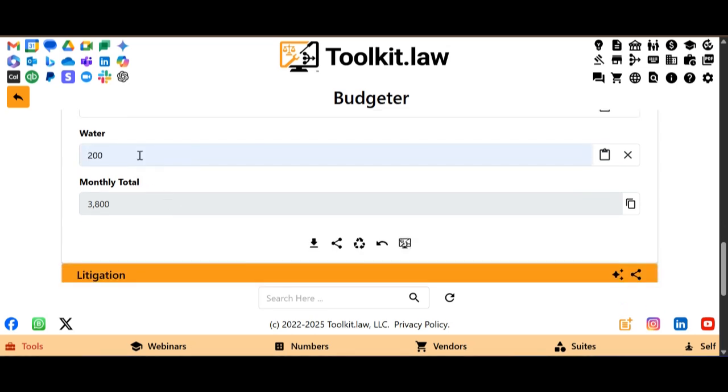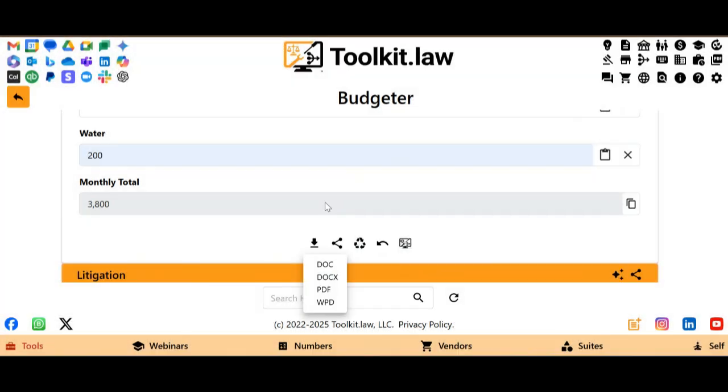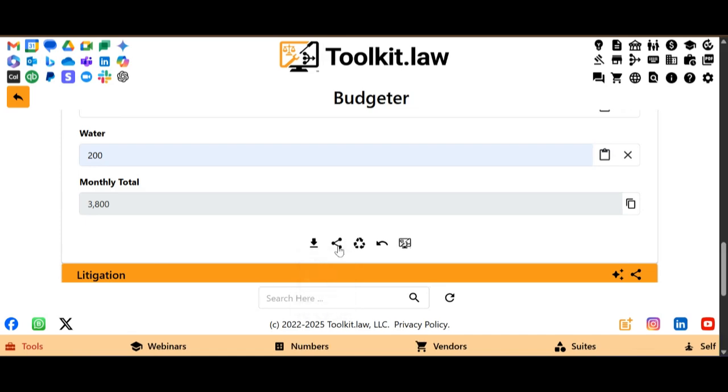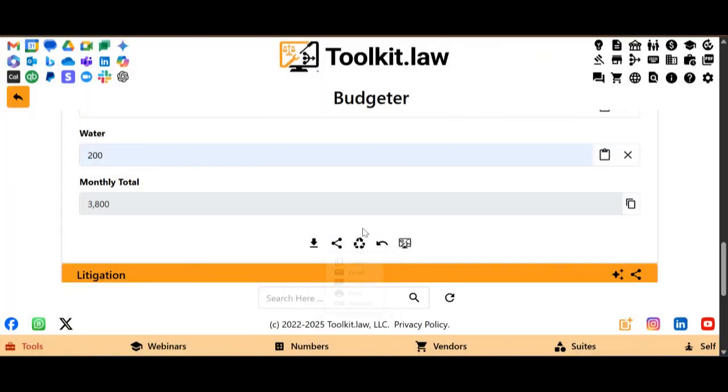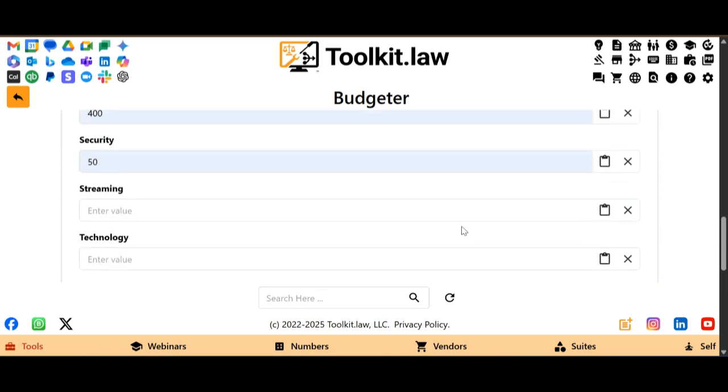Use the clear icon to reset all entries. You can also use the undo icon to revert changes, the recycle icon to start over, or download and share your results instantly. Whether you're managing personal finances, family budgets, or planning your monthly cost of living, the Household Budgeter